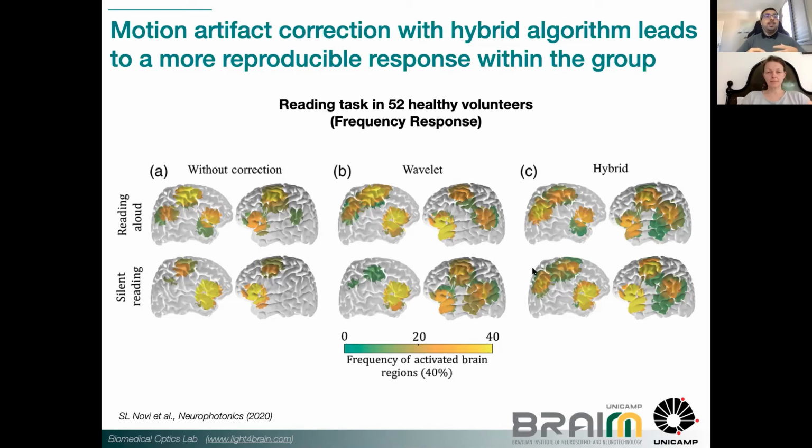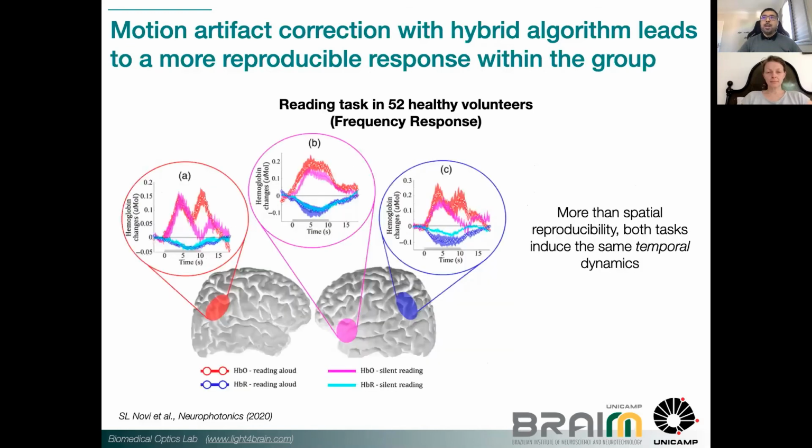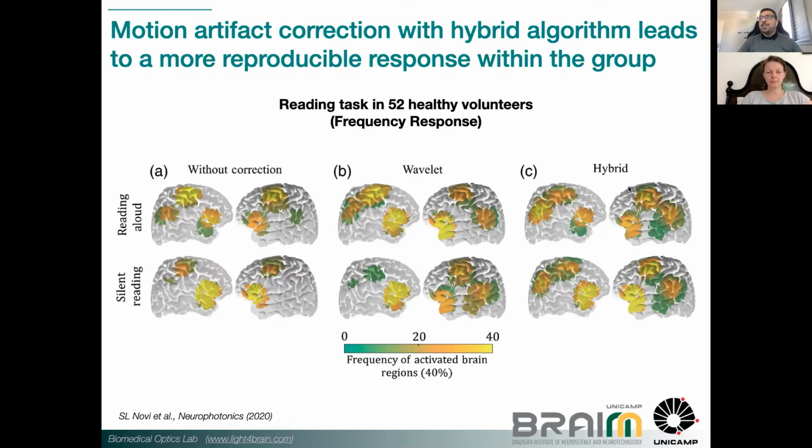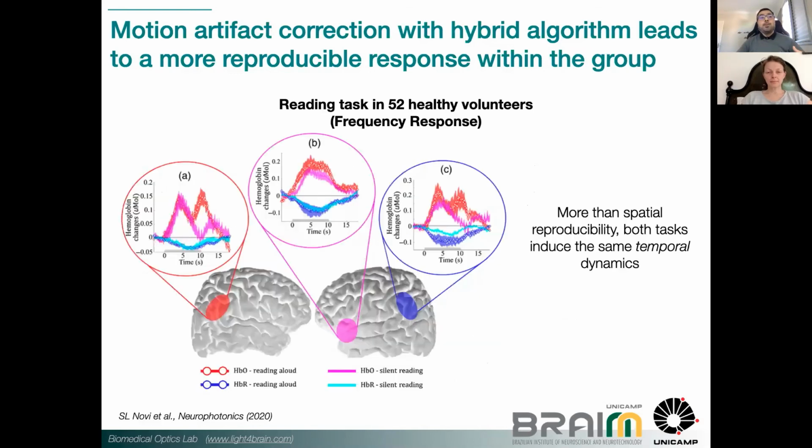So yes, it does help and it does improve the variability by combining these two different algorithms, spline and wavelet, to really correct the data. And not only do you have the same regions and the same kind of frequency response for each region, but if you compare the temporal response across the subjects, you see that they have a good match before the two tasks, right? The reading aloud, where you have the motion, and the silent reading, where you don't have